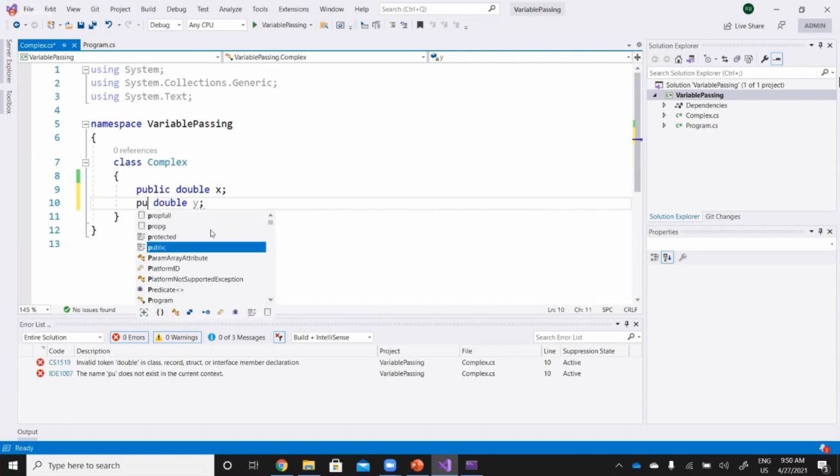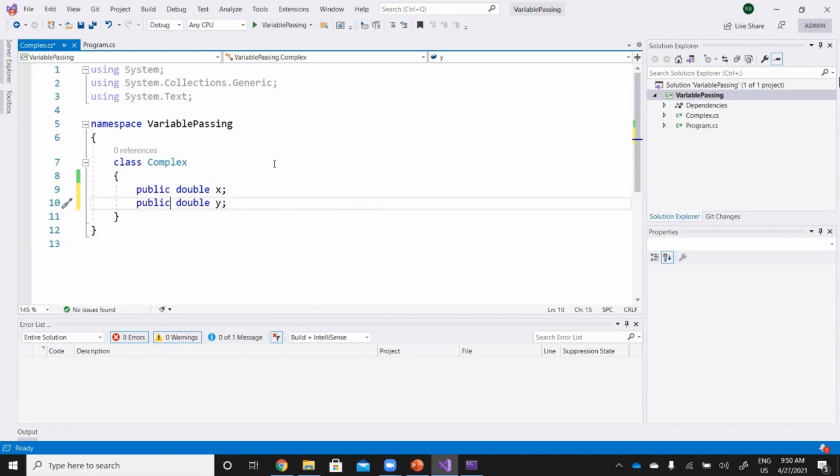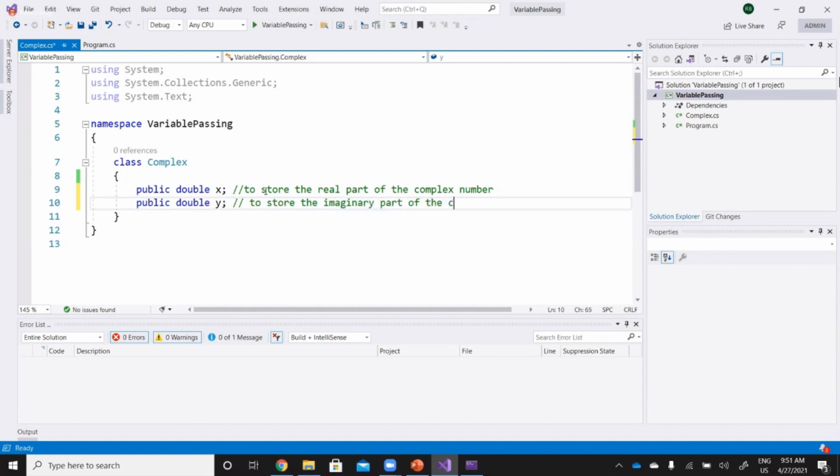This is also public, right? This one is for the real part, to store the real part of the complex number, and this one to store the imaginary part of the complex number, right? As you can see, we have now x and y.